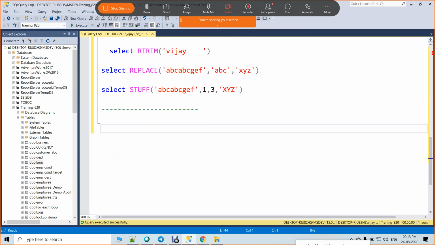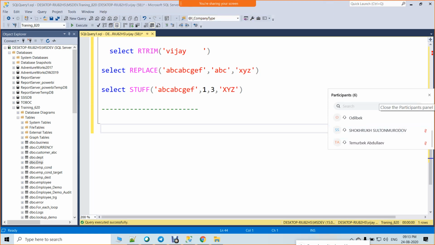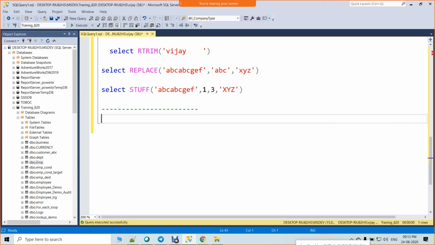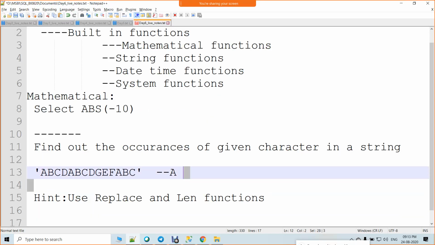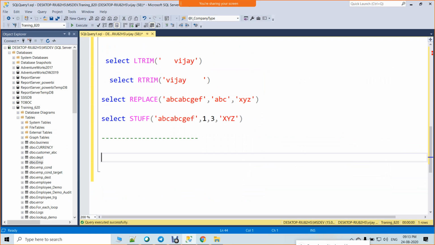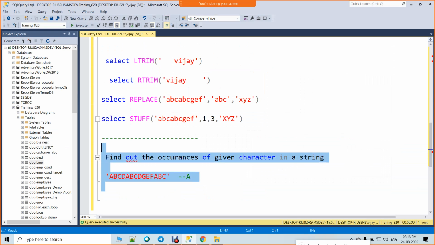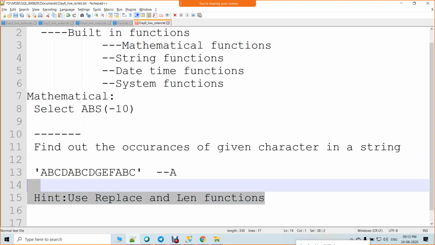Okay, you guys want to try it or shall I explain it? Can you explain? Sure. It's very simple. A small twist is there. After telling, you will say that it's very simple. Now the requirement is: this is my question, and this is my hint.